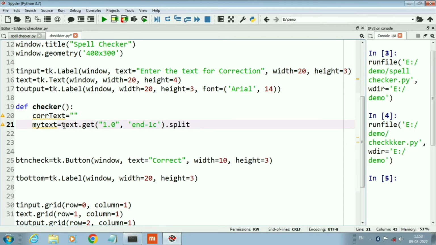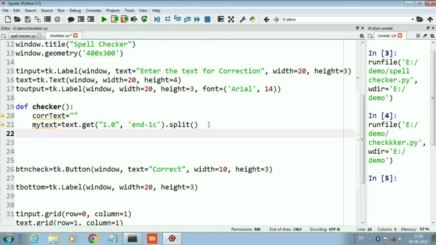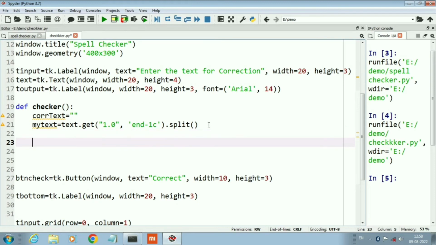Next, using the split command, we will split this string into different words. All words are stored in my text list. Now by using a for loop, we will read all these words one by one.